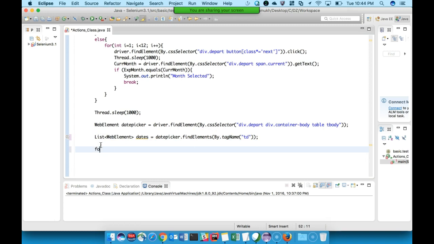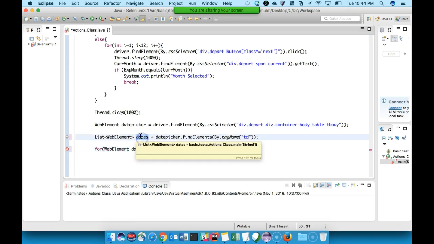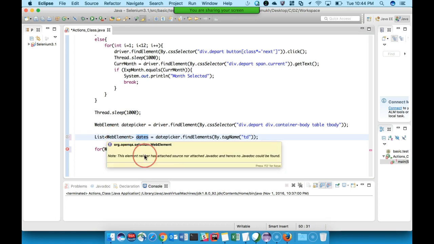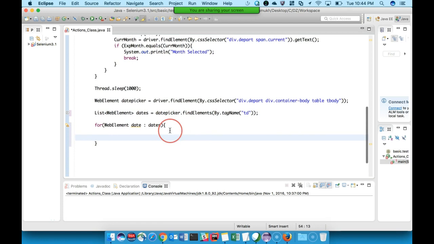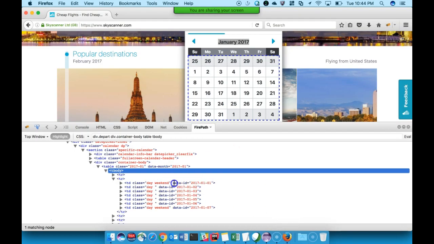Now we can apply a special for loop on the collection: for each web element date in dates, for each web element in the collection of web elements. What we want to do is get that attribute, which was date ID, so get the value of date ID.